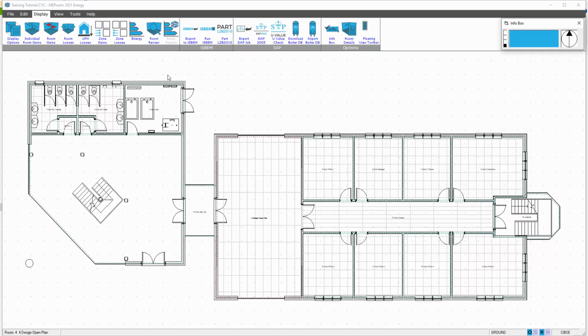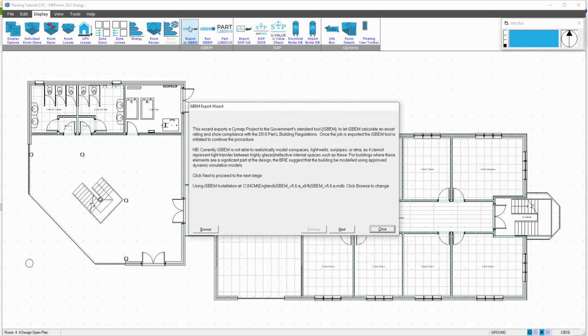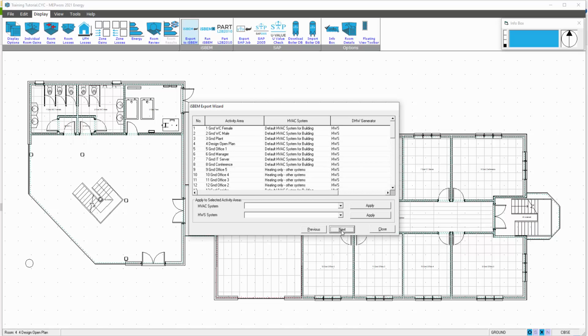We then need to export to the iSBEM via the display menu, and you can see in the iSBEM ribbon you've got the export to iSBEM. This is where it's reminding you to look at your specific MDB file in the correct location. When you select next, you get then presented with all of the spaces, so you can then decide on the